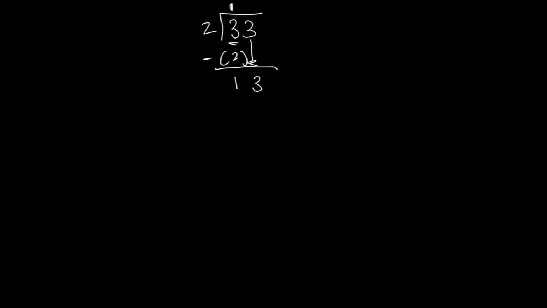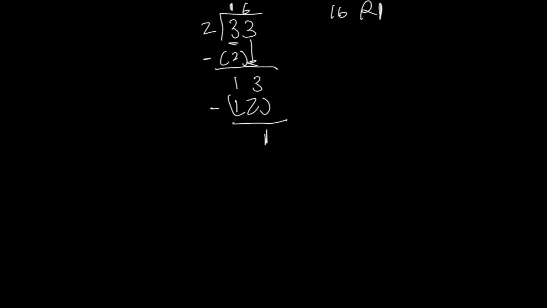So now 13 can be divided by 2, or it can be partially divided by 2. When I do 2 times 6, that's going to be 12. So I can write a 6 up here, and then 13 minus 12, then I'm going to get a 1. And then what you can do is you can stop right here and say your answer is going to be 16 remainder 1,